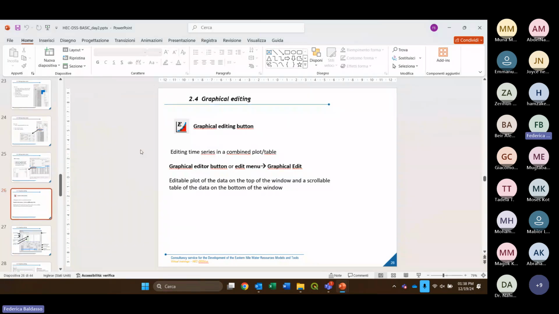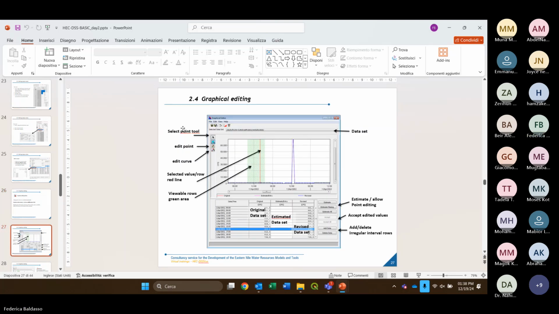Another way is to modify the dataset with graphical editing. There is the graphical edit button, which allows you to see in this window the plot of the dataset, together with a table in the bottom part. And you can also in this way change some values manually,